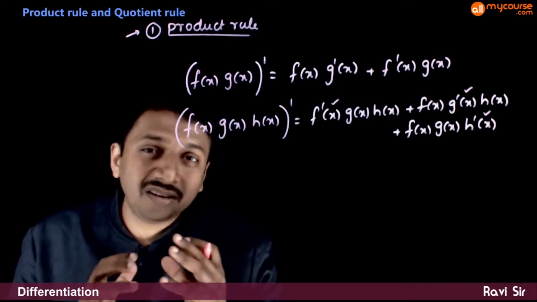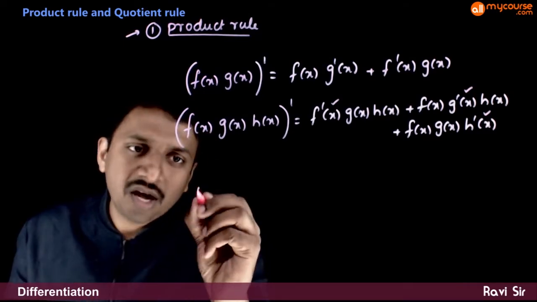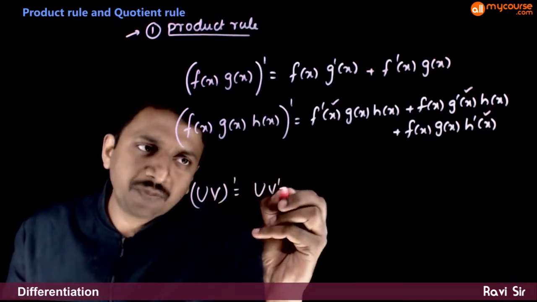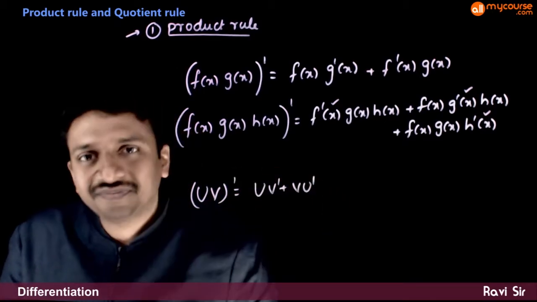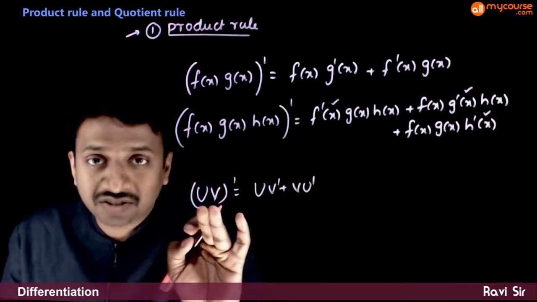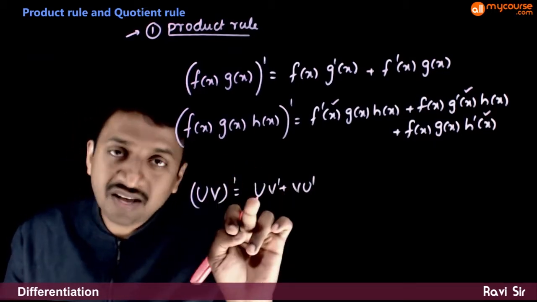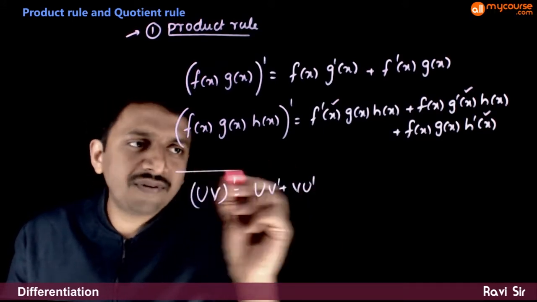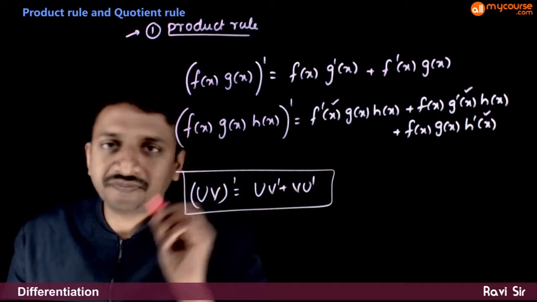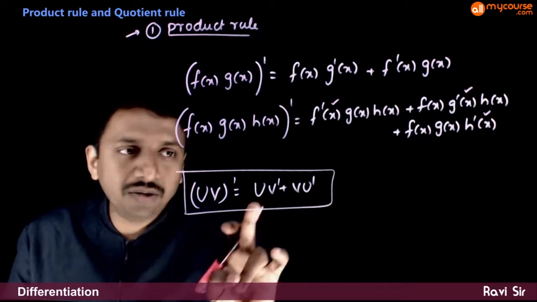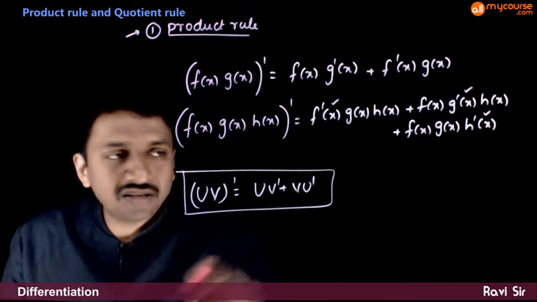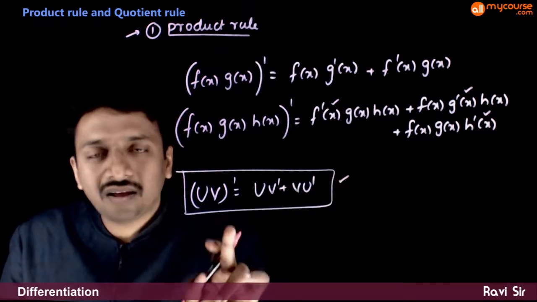So this can be remembered easily like this: uv dash is equal to uv dash plus vu dash. That is, the differentiation of the product of two functions is the first function into the second function's differentiation plus the second function times the first function's differentiation. uv dash is equal to u times v dash plus v times u dash. So this is a very useful